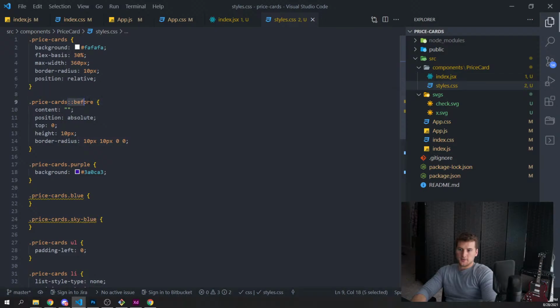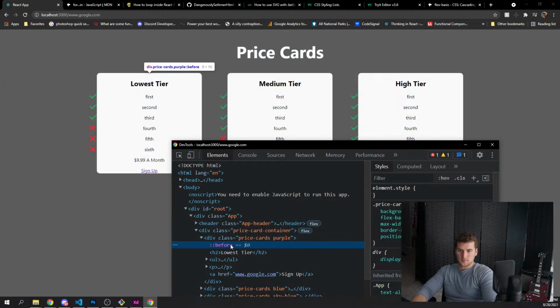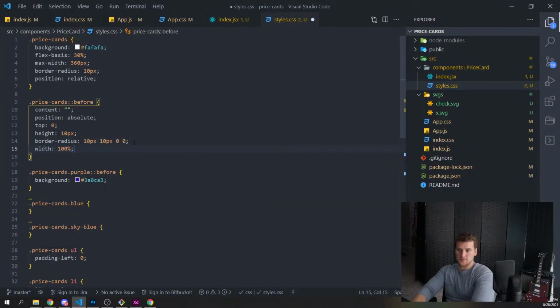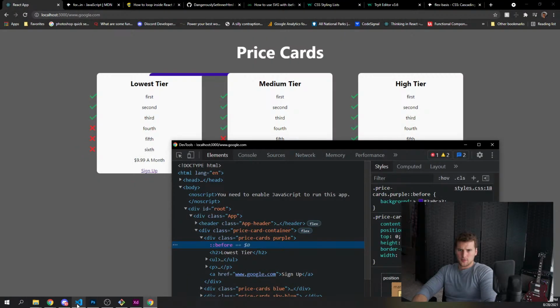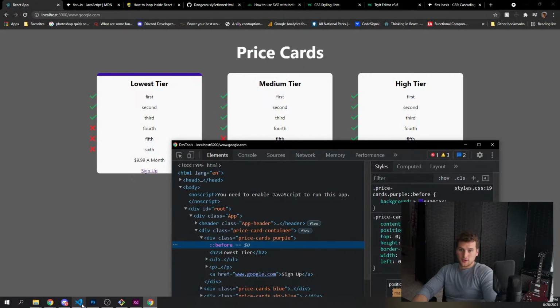Oh, we didn't. Oh, right, we gotta adjust the width on that too. So we need width to be 100%. Would that work? Or it does. We need left to be 0 as well, so it starts off on the left side though. Sweet, there we go.